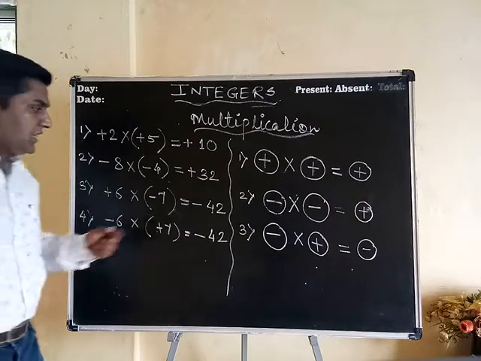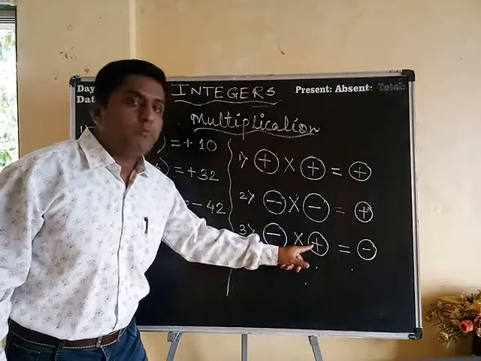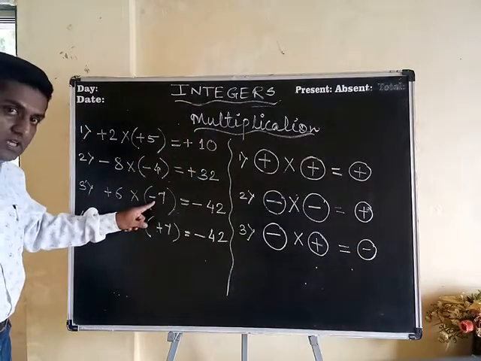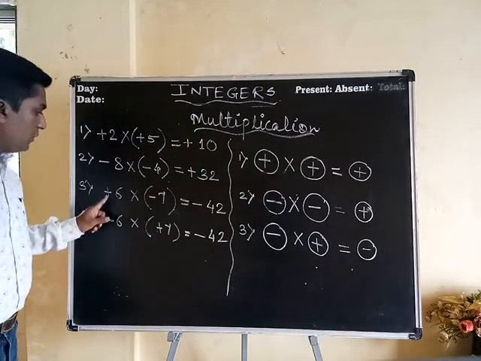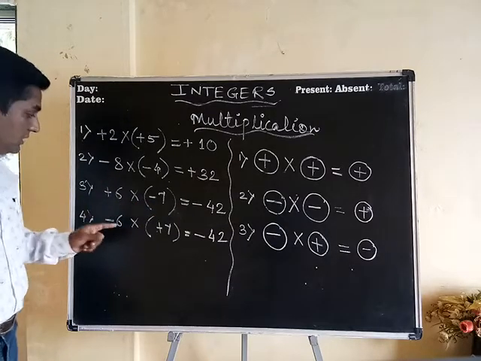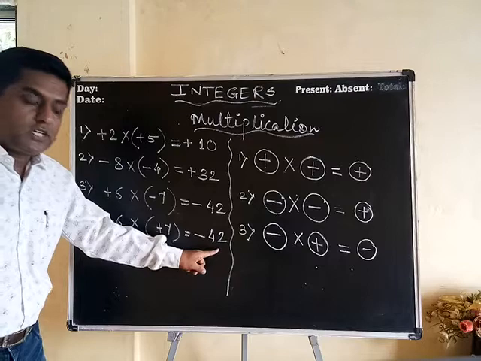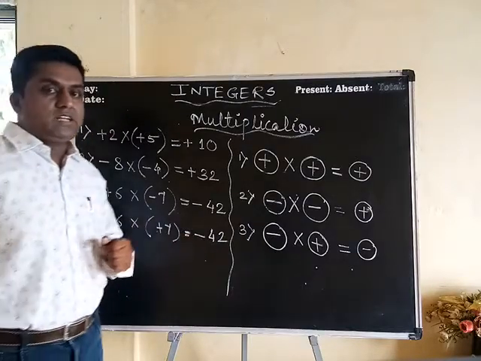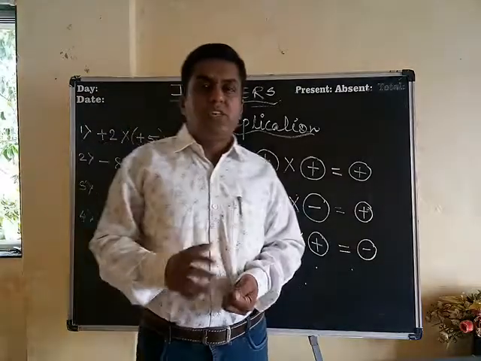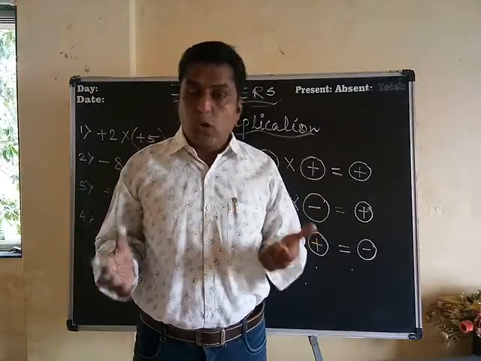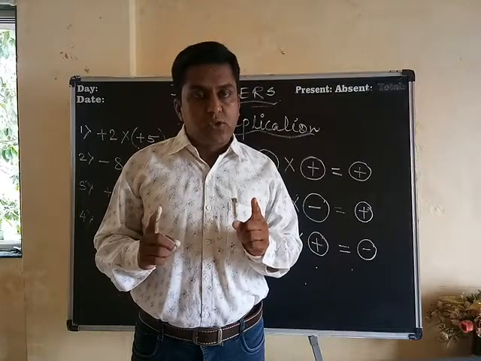My third rule said that negative multiplied by positive must be negative. So here two numbers are there. 6 7s are 42 and positive multiplied by negative is equal to negative. Again here 6 7s are 42, and negative multiplied by positive is compulsorily negative. So these were the rules which were applicable for multiplication of integers. Hope you must have understood it.